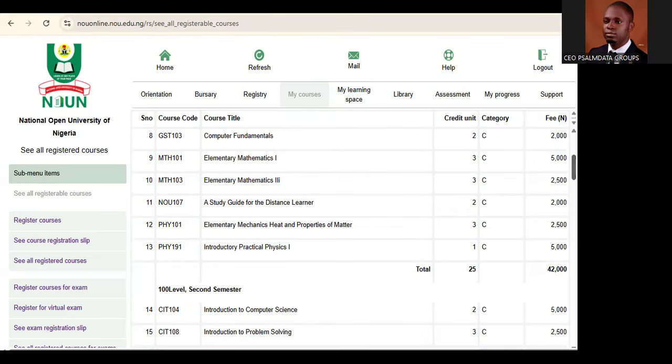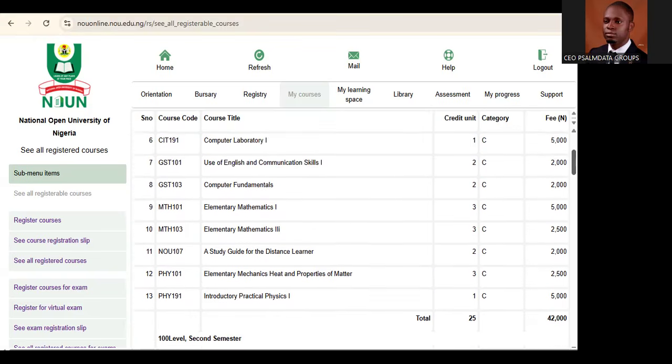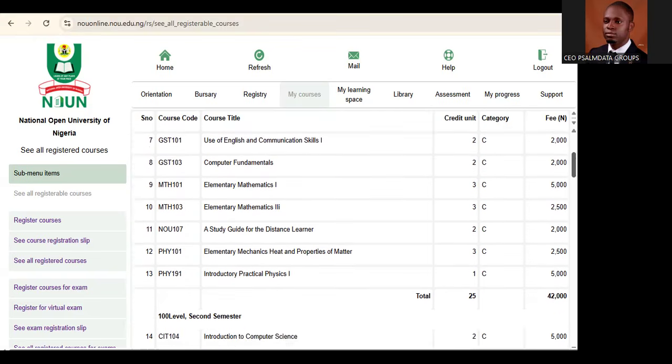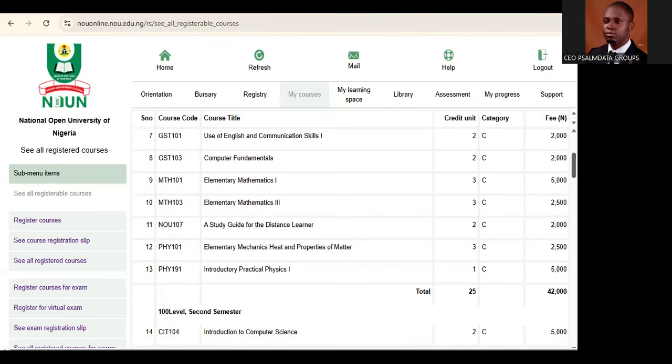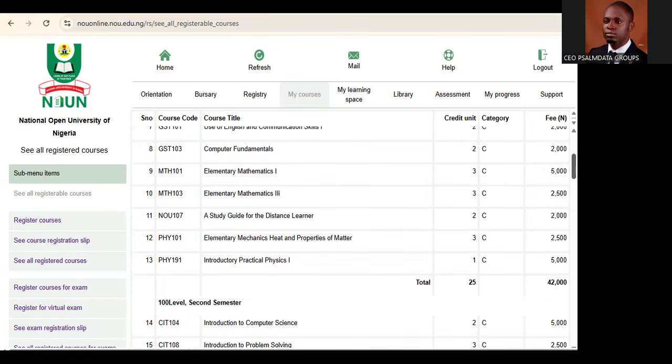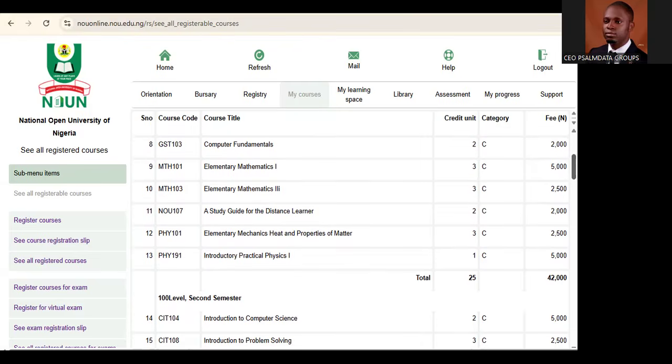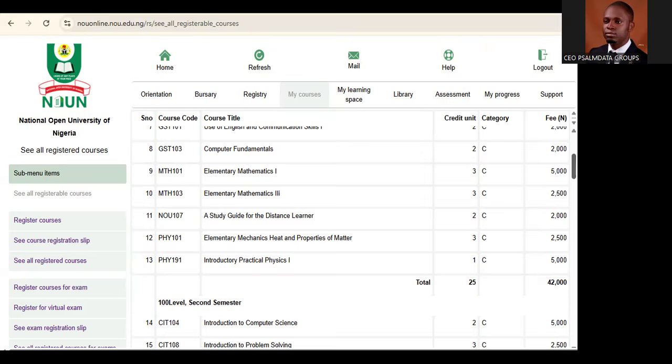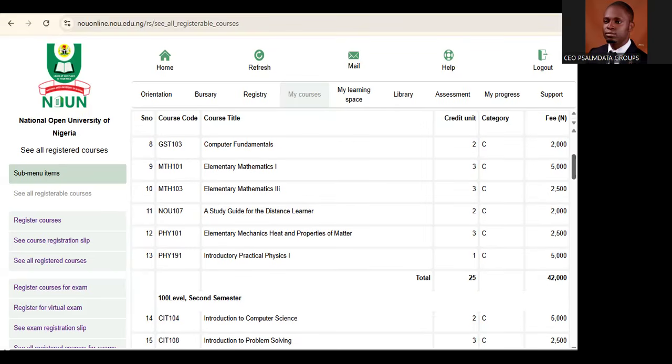The only error you should not make when registering is if you know you don't want to do MTH 281, which is an elective, 282, which is an elective, then don't register MTH 281. It's also an elective. Those two are tied together. That is a point you have to be very careful on. Aside that, once you calculate your core courses, whatever is remaining, ration it across electives. Select elective across your semesters that you use to meet up the remaining credit units you need for graduation, and